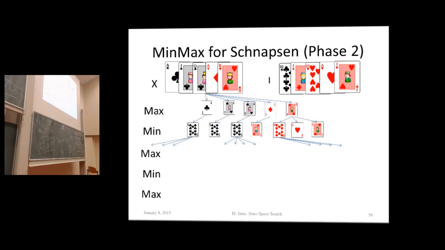And the same holds for Schnapsen. So we start out with our game, and I'm now in phase 2, because then we have the full information. Phase 2 is where both players have 5 cards, and it's known in principle which cards they are. Maybe you've forgotten as a human player, but if you're a good player, you know what cards your opponent has. And once we have that, that's me, that's my opponent. I can play one of my cards, then comes Min, plays one of her cards.